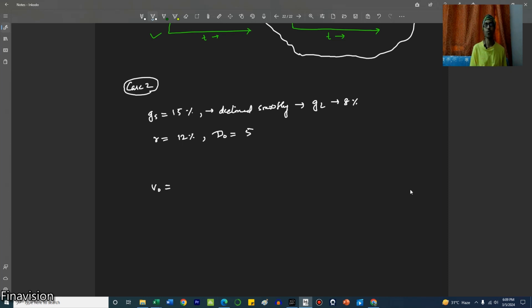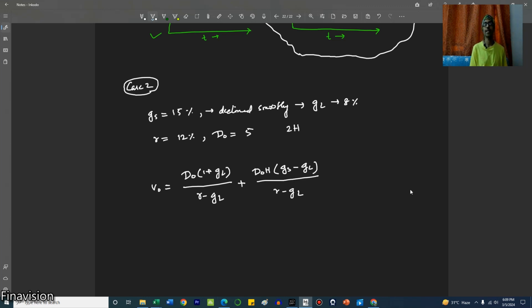V0 is equal to the perpetual portion, which is D0 into (1 + GL) divided by R minus GL, plus D0 into H. We will look at what is H. H times (GS minus GL) divided by R minus GL. This H is basically,